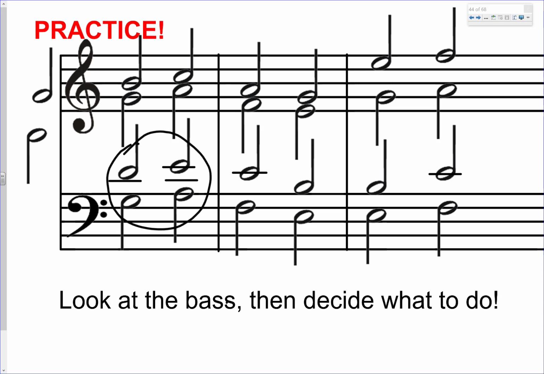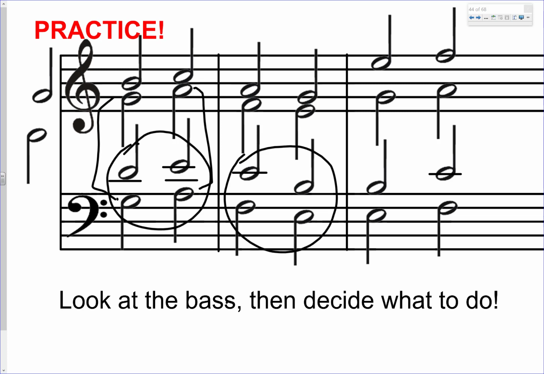Now I'm also looking in measure 1, and not only do I have parallel fifths here between the bass and the tenor, but I have parallel octaves between the bass and the alto, G's to A's. So I'm breaking two rules there in measure 1. In measure 2,